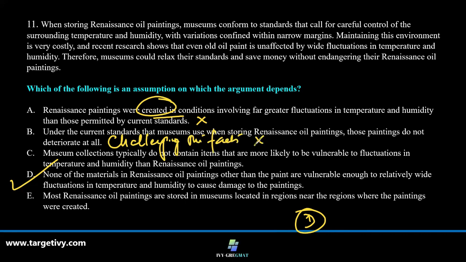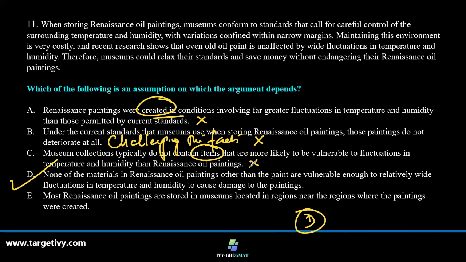Absolutely out. Museum collections typically do not contain items that are more vulnerable to fluctuation. We are not talking about other items. We are talking about paintings only. So out. Option E: most Renaissance oil paintings are stored in museums